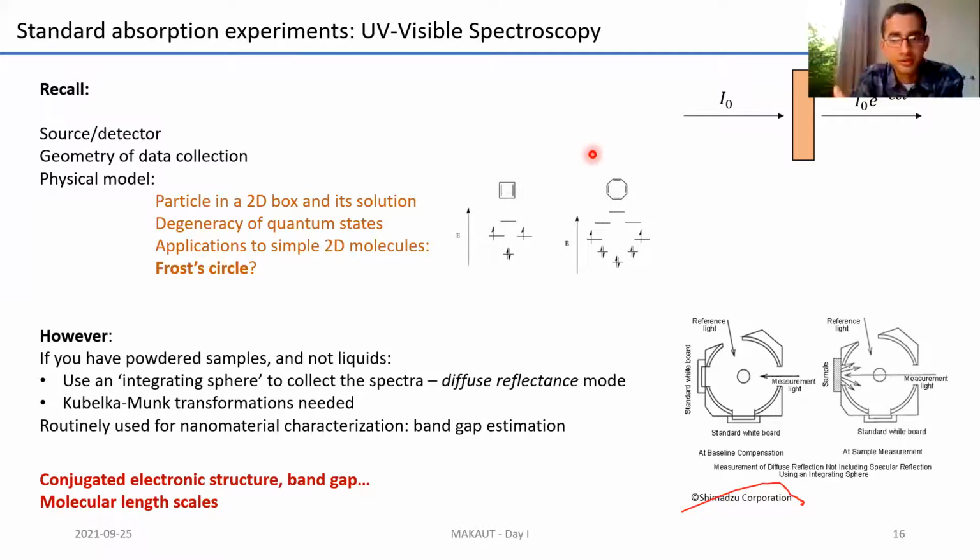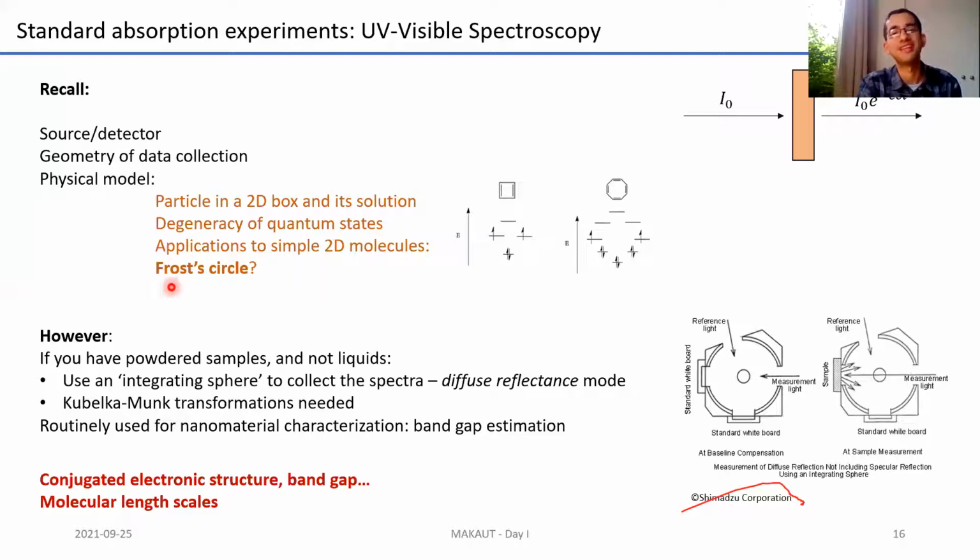I just wanted to point out, for those of you who have already done some self-learning on this, that there's a physical model behind understanding UV. There's the particle in a two-dimensional box. If you've done this in your quantum chemistry course, then you can actually find out these quantum states. And these effectively can be used to model UV visible spectra of molecules known as annulenes. These are cyclic molecules having alternating double and single bonds. You can use a particle in a 2D box to predict the UV visible spectra of two-dimensional molecules. However, keep in mind that there's something unique known as the Frost circle.